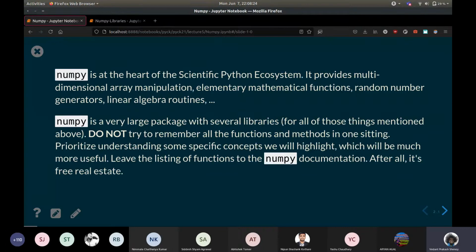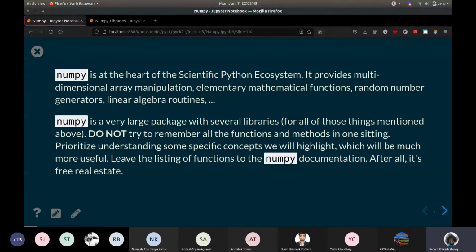It's extremely big. One piece of advice early on: don't try to remember all the functions that we cover, even in this lecture, not just NumPy, in one sitting. NumPy is very much something that you learn over time. If you try to do everything at once, you will forget it because there is just that much.